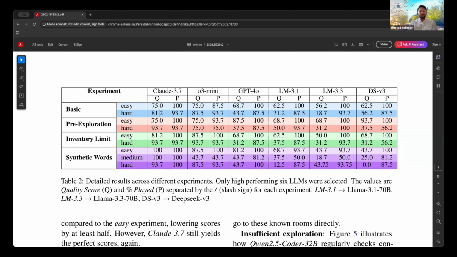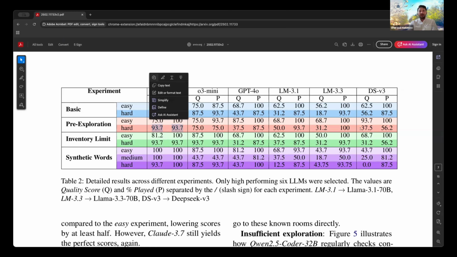Okay, with pre-exploration, the idea was to see whether models can get better at this task, because we already tell them there is this room, there is that room, and there are these objects. Then we see that the good models, Claude and O3 Mini, get better compared to the basic one, and we can see improvement in the hard examples. The tasks are all the same; we just put conditions on them. So in a well-performing model, we see those improvements.